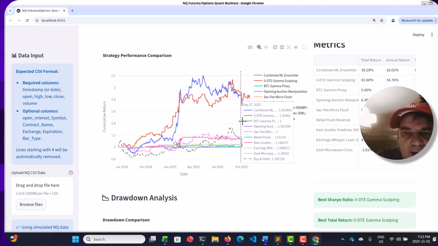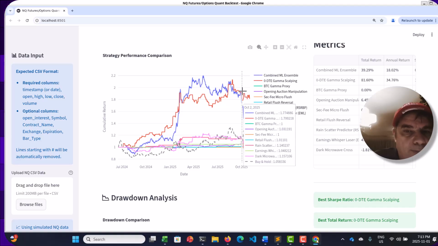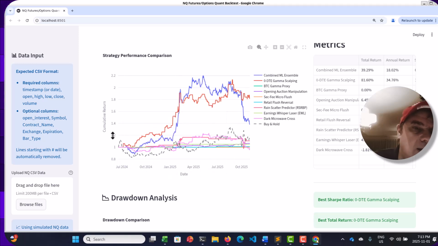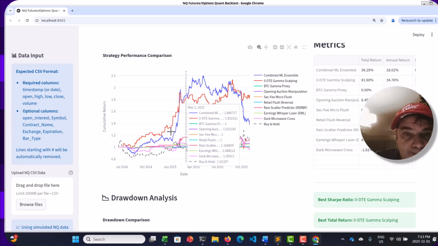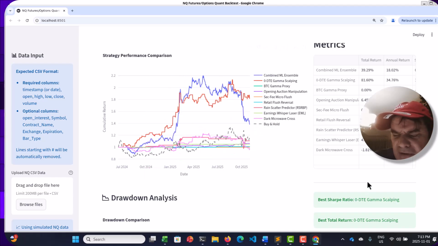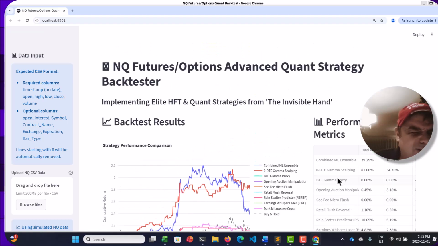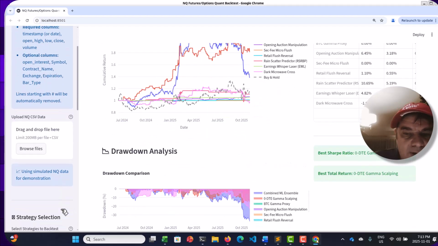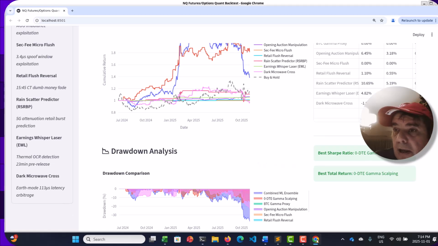It has some kind of crazy drawdown in October. So somewhere it broke down, but there's going to be conditions where you're going to get a really nice spike, 1.8% return. So I don't know. I'll let you decide if that's something you would go with. But not too bad. So again, these are just for demonstration purposes. This is again using the simulated data. Okay, so let's get out of that.